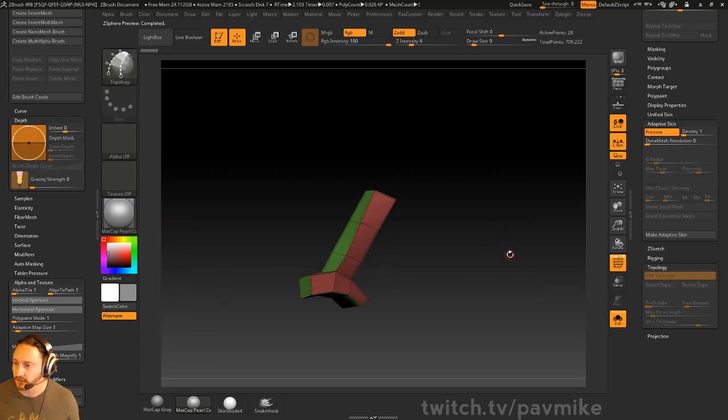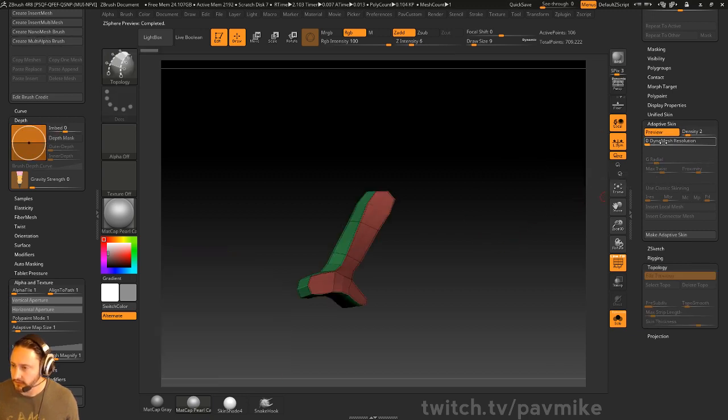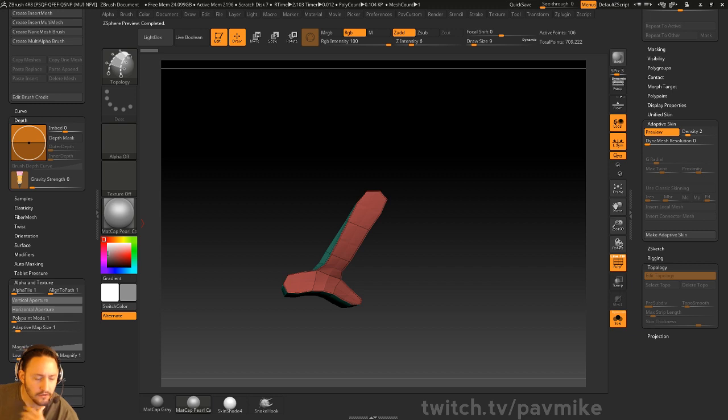So with skin thickness turned on, you can change the density to 2 if you want to. If you have skin thickness and Dynamesh at 0, it'll go ahead and preview that. If you turn Dynamesh up, it'll give you a preview of the Dynamesh resolution. I think that's the default now, so just turn that to 0 if you want to go back to the regular adaptive skinning. And there's probably some other differences, but off the top of my head,